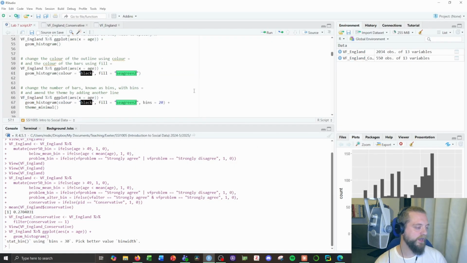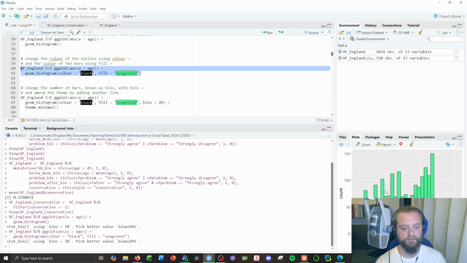Now with histograms, we have all sorts of color and customization options. For a histogram, we can change the color of the outline of the bars and the fill of the bars. So if we add these here, we get a nice green and black histogram. We've also got the same theme